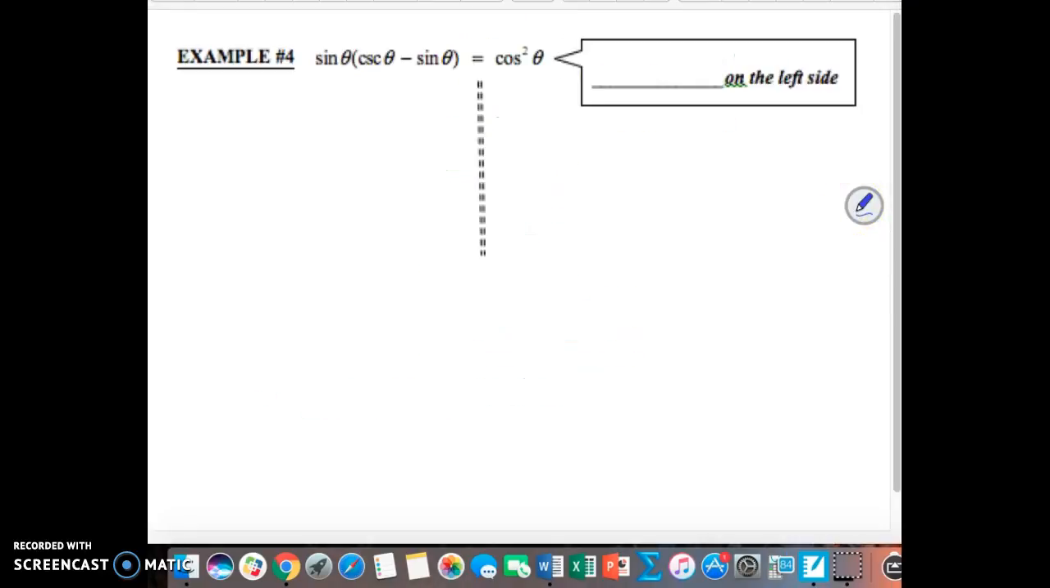Example 4, we have sine of theta times cosecant of theta minus sine of theta equals cosine squared of theta. Since the left-hand side looks messier, let's start with the left-hand side. Our first step is going to be distributing. We're going to distribute on the left side. If we distribute the sine of theta to the cosecant of theta and the negative sine of theta, we are left with